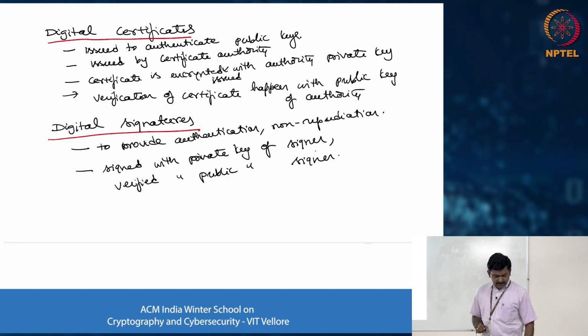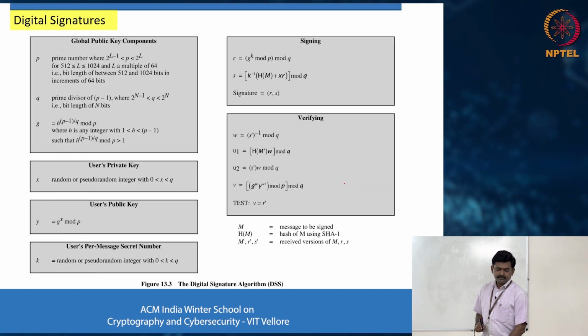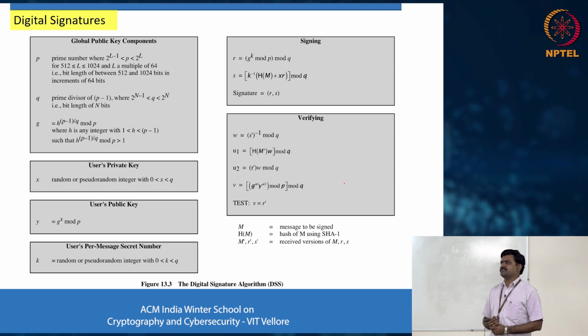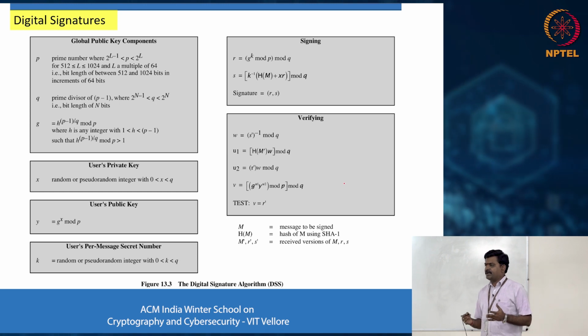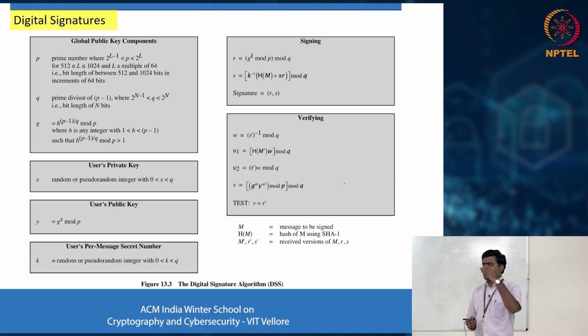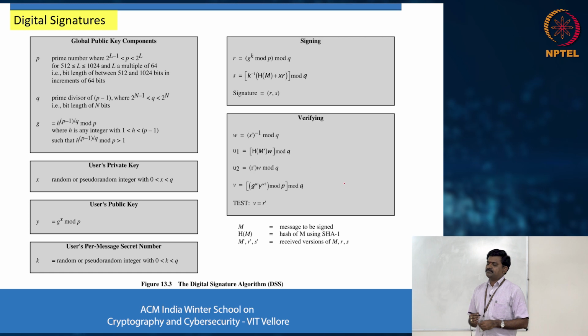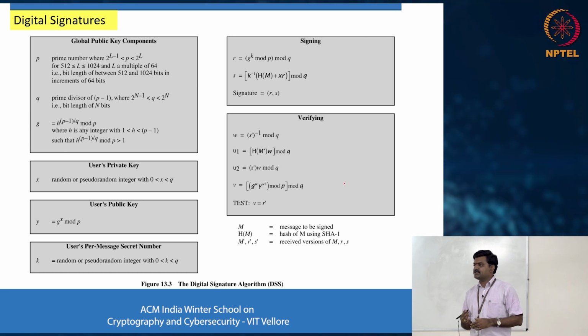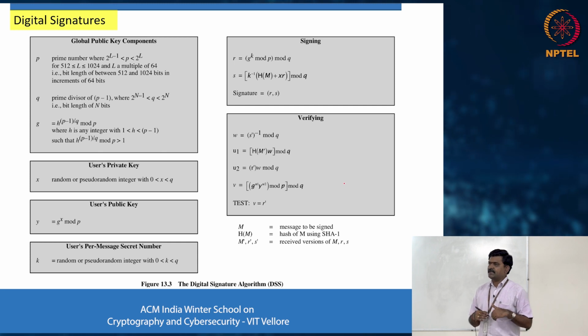So these are about various aspects of digital signatures, digital certificates, and cryptographic primitives. This is the very broad understanding we have provided in terms of cryptography, starting from classical ciphers, modern ciphers, then the way these ciphers are implemented, their classifications, and applications, starting from symmetric, asymmetric, keyless, then authentication codes, certificates